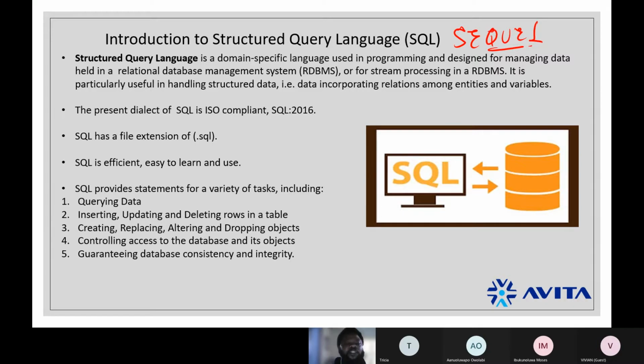And we talked about structured data being data that you can store in relations, which is what we're discussing, rows and columns. And unstructured data are data that are very volatile, right? They are handled by what we call big data, right? Let us not go into unstructured data, right? So SQL deals with structured data, that is data that is in a relational form, right?